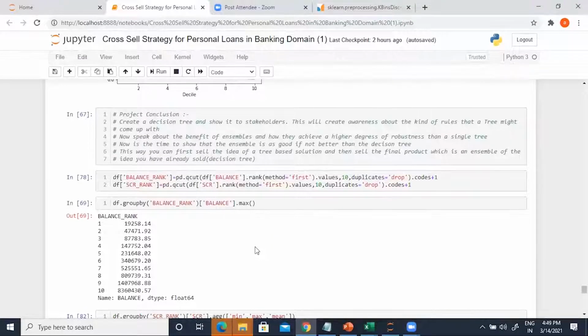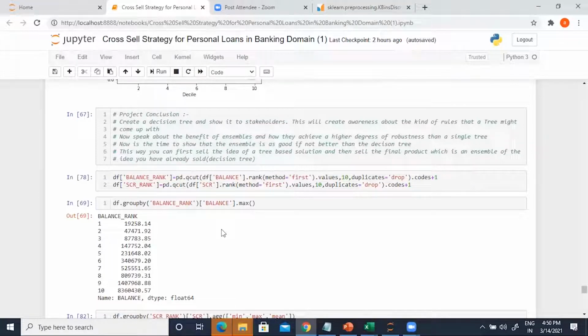So I have just taken a very simplistic approach. I've taken a metric which is going to define customer value for the bank, and that metric is average monthly balance. I've also taken a marketability metric called SCR, the marketability score. Now I want to create low, medium, high buckets for both balance and score.